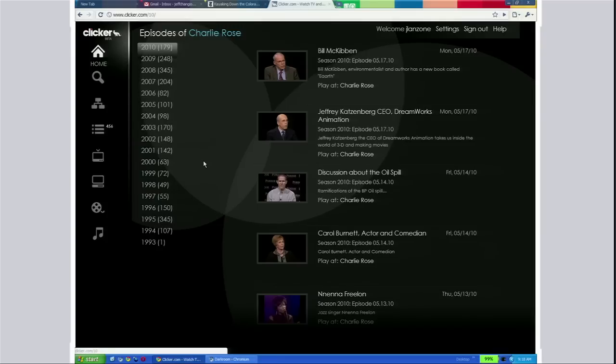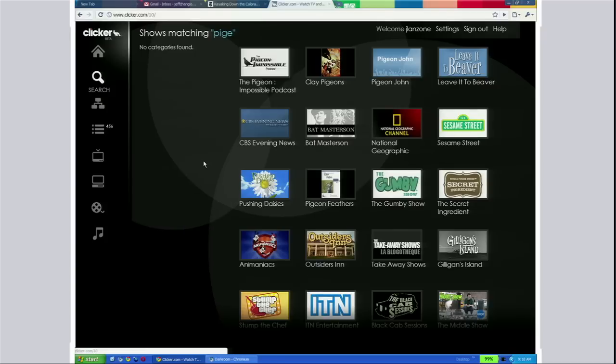Or another example, let's say with my kids, I want to watch this online show called Pigeon Impossible, which is a Pixar-like short. So again, I just start typing pigeon, hit it, and I get to the actual show page,